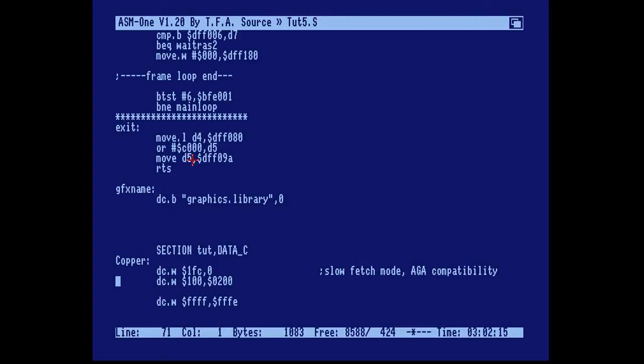unless you want to rule out viewing on any machine that doesn't have OCS or ECS chipsets. OCS would be Amiga 500, for example, and ECS would be Amiga 600, and AGA would be Amiga 1200 and up. Well, I should say Amiga 1200 and those models released later. Anyway,